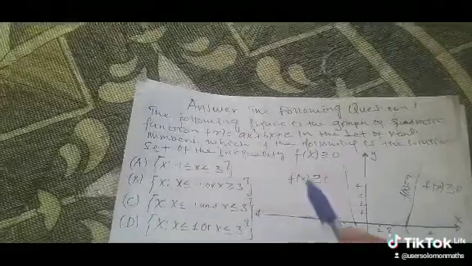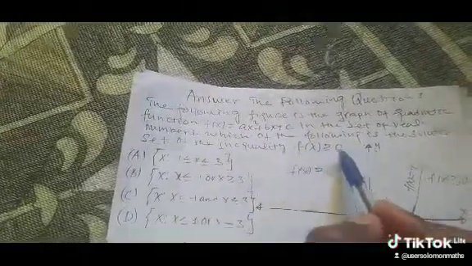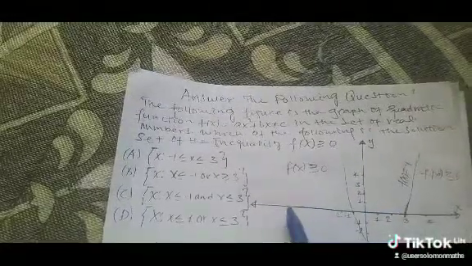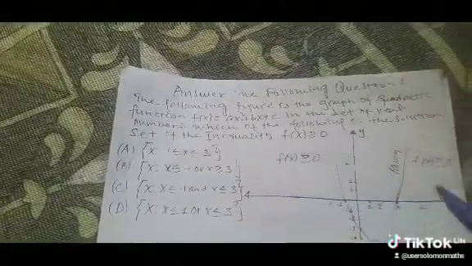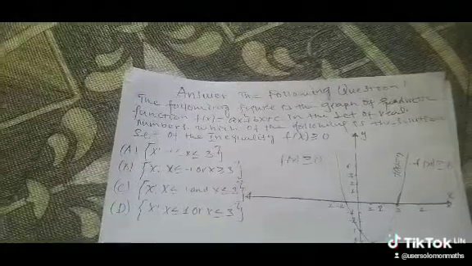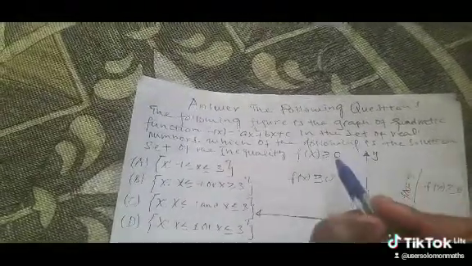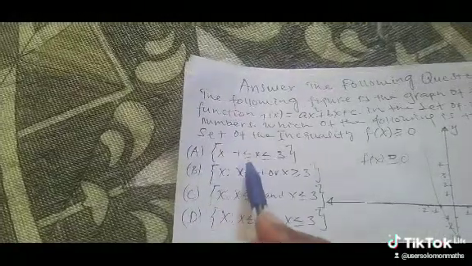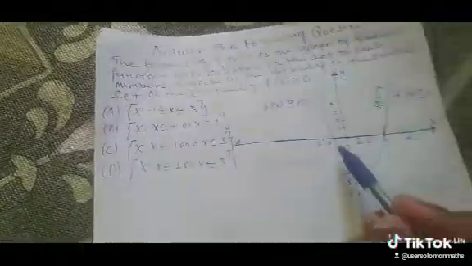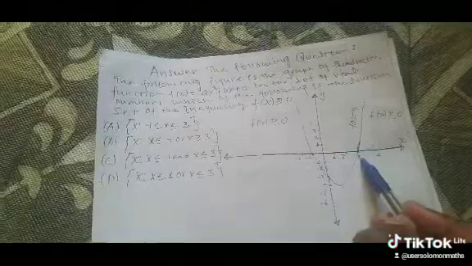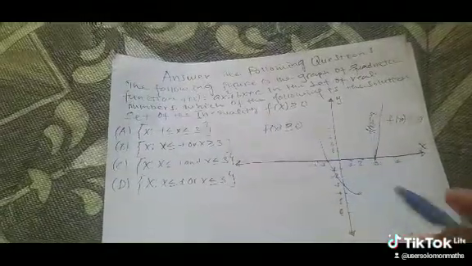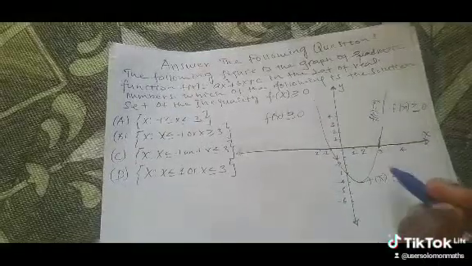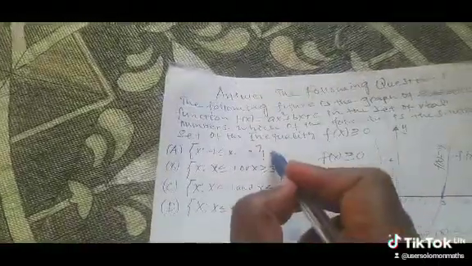So what's required? The inequality f of x is greater than or equal to 0 for x less than -1, from negative infinity up to -1, and from 3 up to positive infinity, the graph is greater than or equal to 0. So look at the options. A, -1 less than or equal to x less than or equal to 3. Look, between -1 and 3, the graph is less than 0. Between -1 and 3, our f of x is less than or equal to 0 in this region. So A is not true.